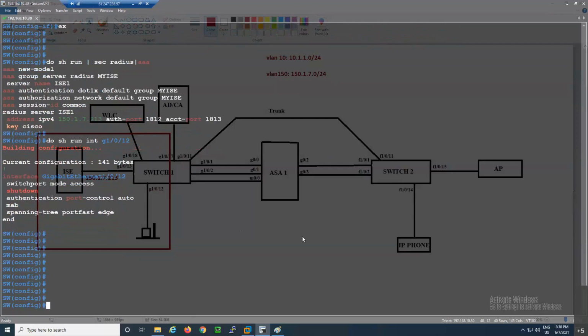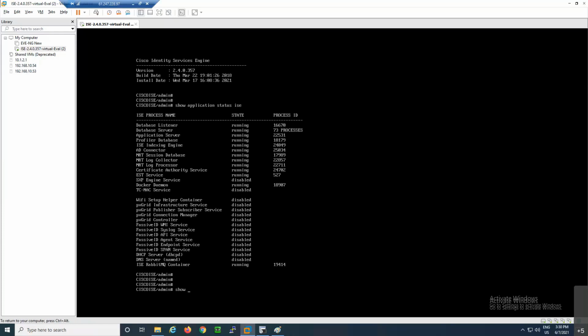So after creating identity group, you will assign MAC address into it, and after that you will configure authentication policy for MAB, then authorization policy. In authorization policy, we define results like what authorization you want to provide, VLAN, access list, any other authorization. So you need to configure authorization profile for that, and then you will call that authorization profile into authorization policy, and then it will be working. Right? It will be configured. So here ICE is booted. You can go and verify show application status ise.